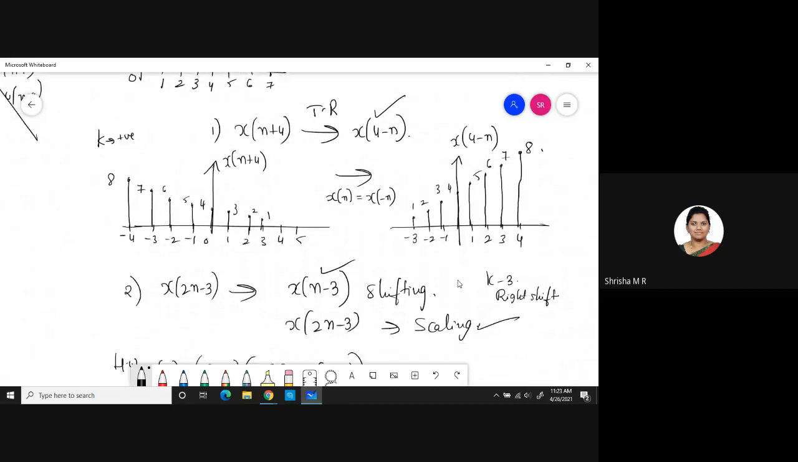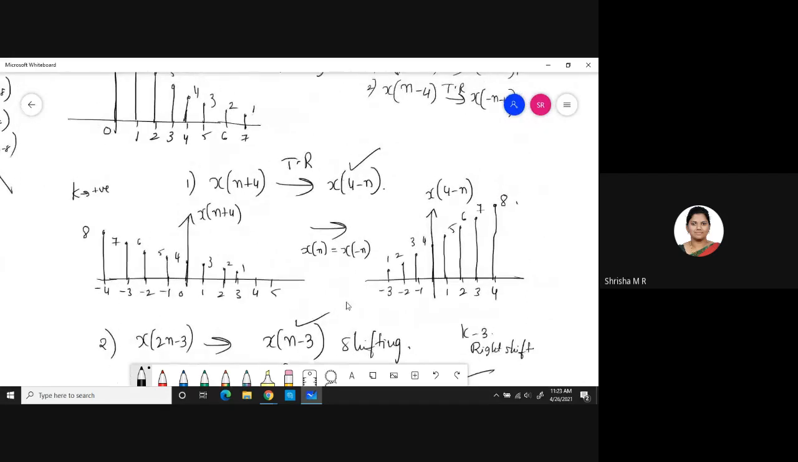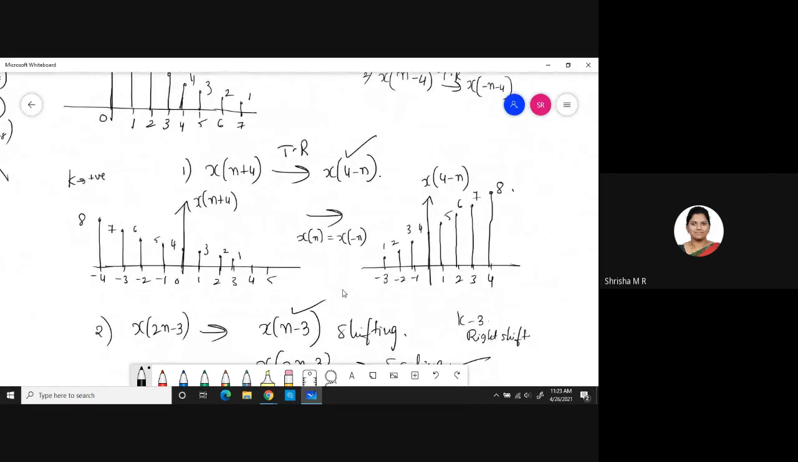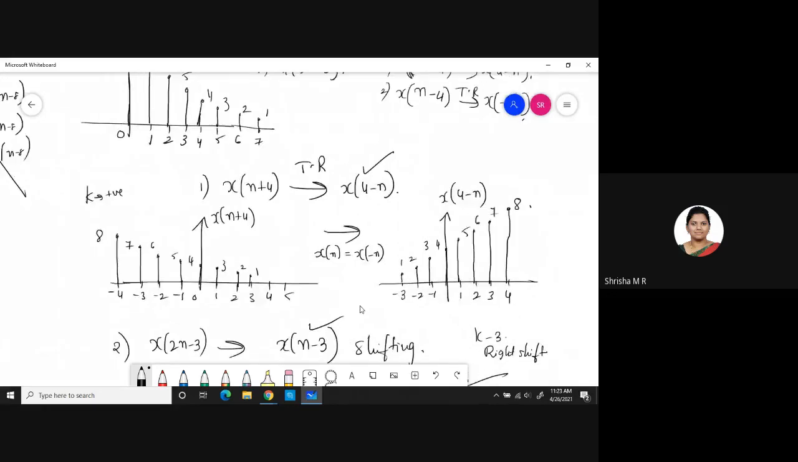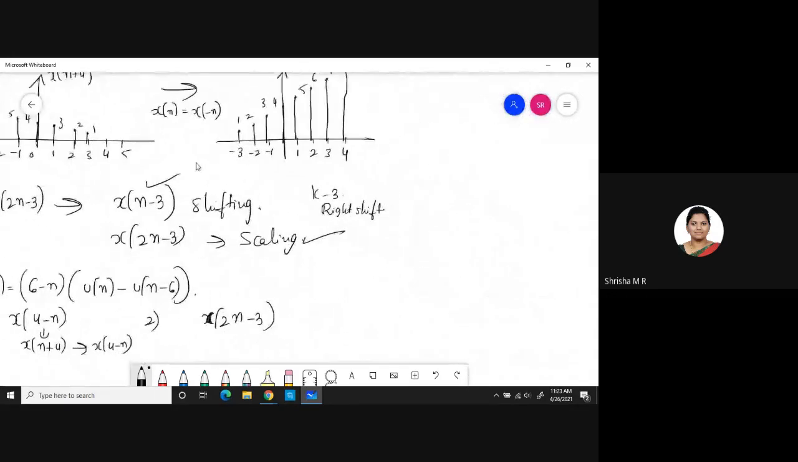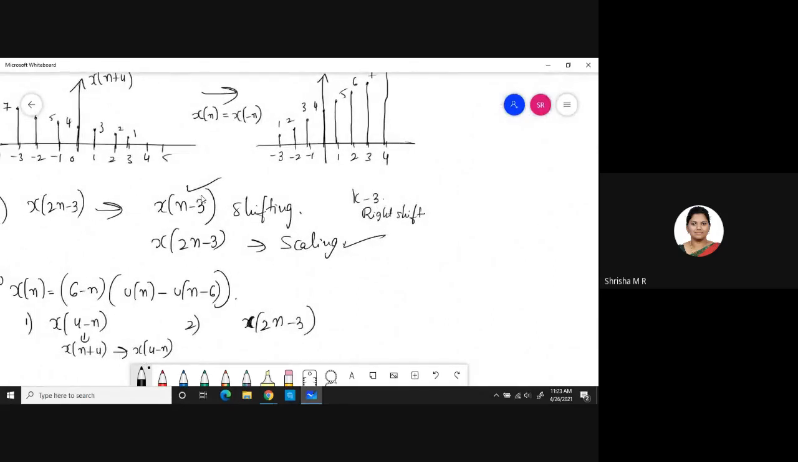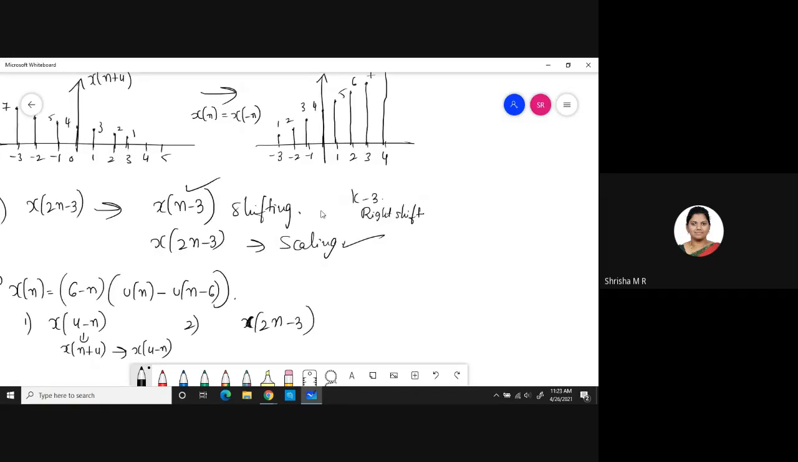Later I told you to do this by yourself because it was time up. It was x of 2n minus 3. Correct? So how did you all do this? Do you have any doubts for x of 2n minus 3? I'll plot this here. First, we have to do x of n minus 3. K is negative, so right shifting. Okay, so